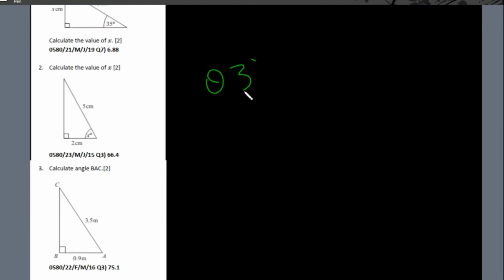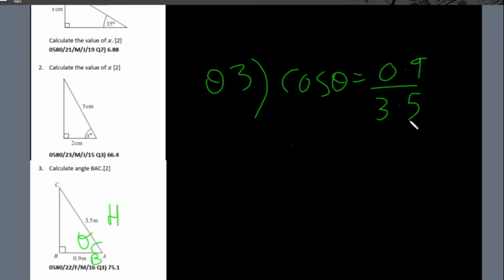is find angle BAC. So BAC is this angle. Again, 0.9 is the base because it's between the two angles, and 3.5 is the hypotenuse because it's opposite to the right angle. So again we'll be using cos theta equals 0.9 over 3.5. Theta is cos inverse. So in my calculator I'll enter shift cos 0.9 divided by 3.5, which gives